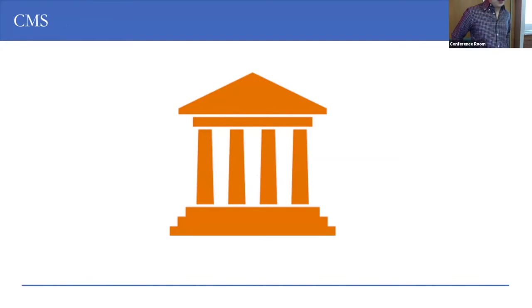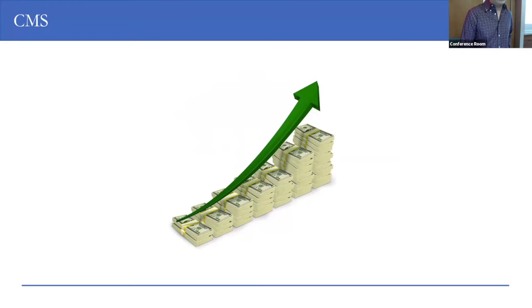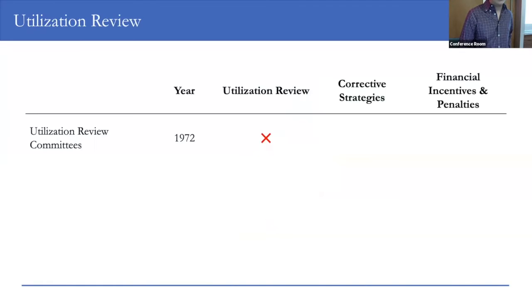So quality metrics were really formalized with the establishment of CMS in 1965. As most of you know, CMS administers Medicare and Medicaid, and they were the first public health insurance plans provided by the federal government. A lot of the debate surrounding the establishment of CMS had to do with how much it was going to cost the American taxpayer. And sure enough, within the first 3 years of its implementation, the actual costs of Medicare and Medicaid outpaced the projected costs by 30%. So it was already costing more than people expected.